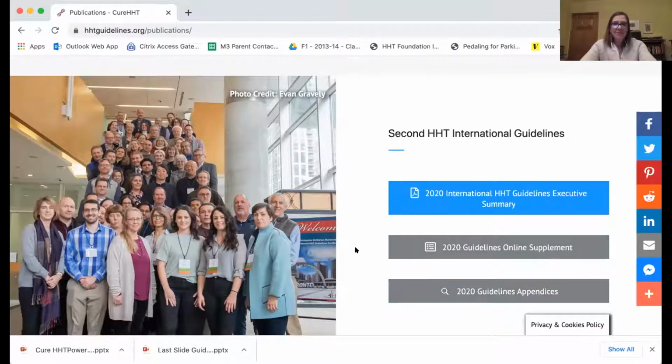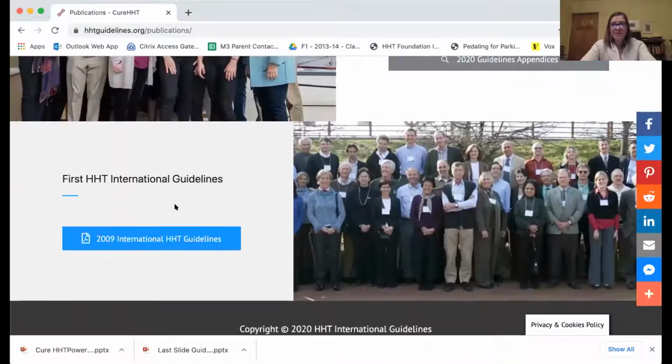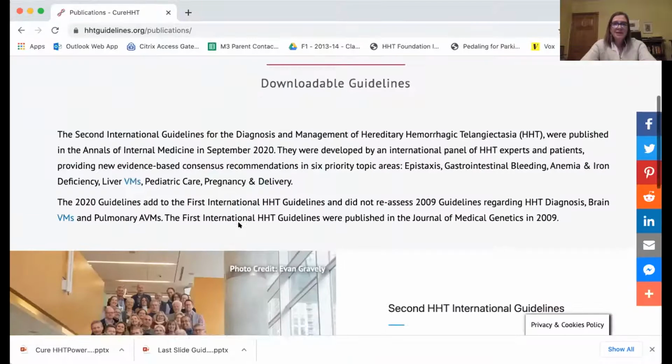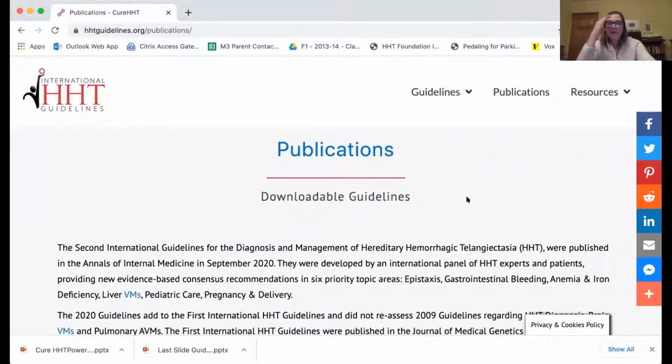So it's all available here. We also put the first guidelines here as well, which is also open access, so that these were easily accessible for anybody. So if you're talking to your doctor and they say, well, where do I find this, or what's the reference for this? You don't even have to send them to the Annals of Internal Medicine publication. You can just send them to hhtguidelines.org and they can download it right from here.